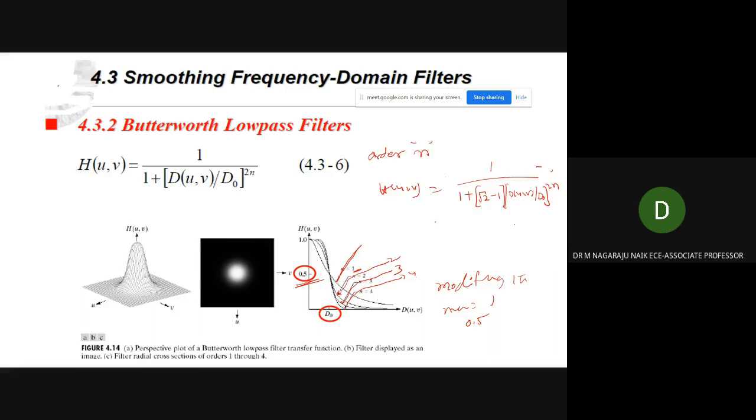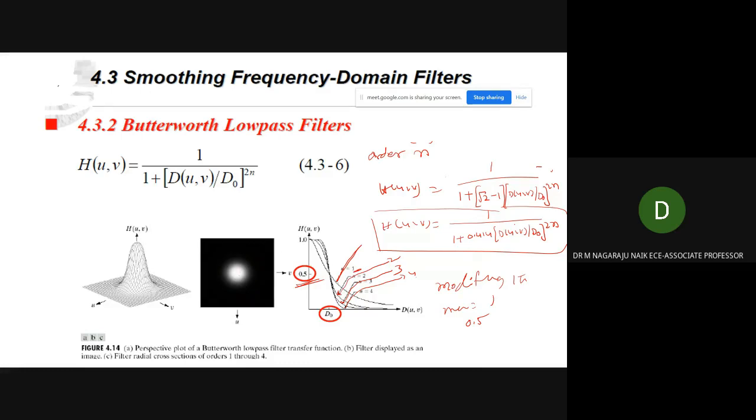That means 1 divided by 1 plus root 2 minus 1, 0.414, into d of u comma v divided by d naught to the power 2n, h of u comma v. Now this is the modified Butterworth filter. So that is why it is getting clear discontinuities.